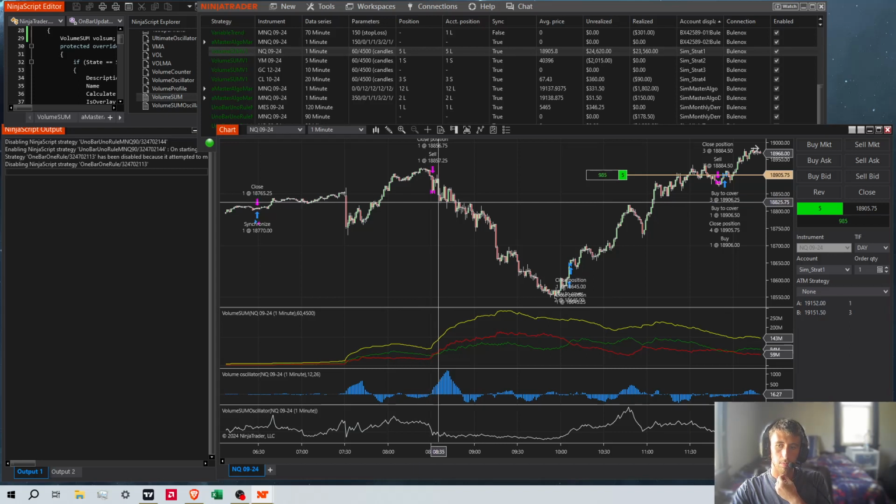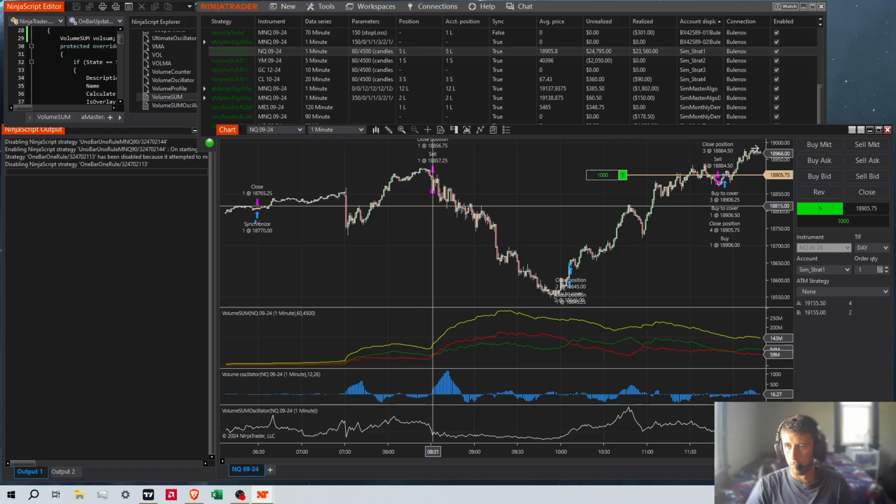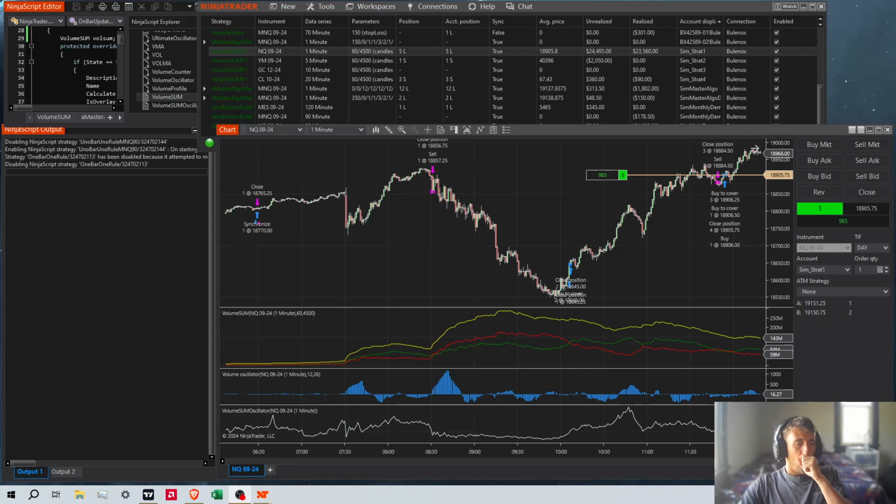So what we're going to do, I think we'll do it like once we're in a position, if the bear volume, which is the red line, is greater than the bear volume when, let's just say, 5 candles back, then we'll enter another short. So in this case, right, we're selling, bear volume is increasing, 5 candles later we would have sold again